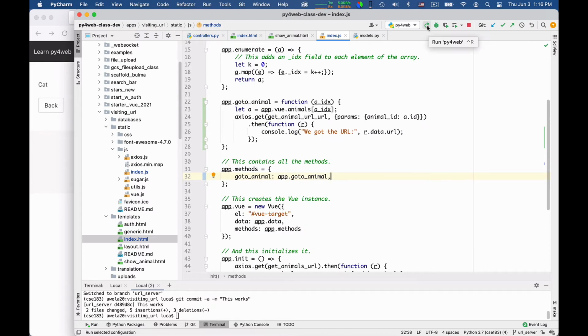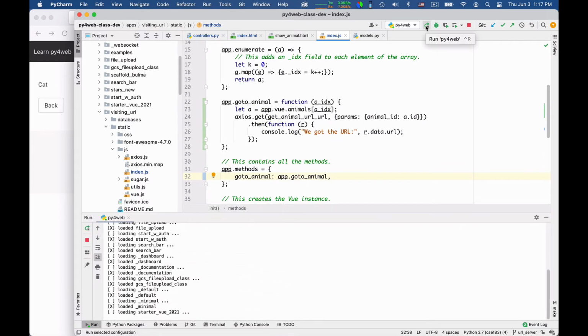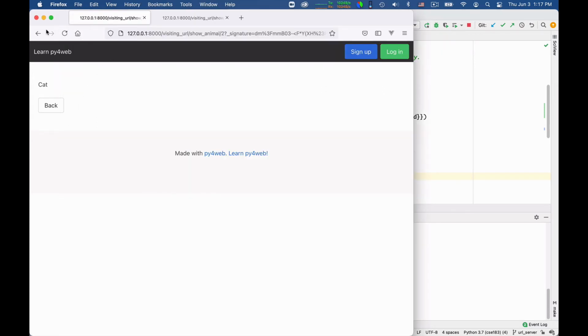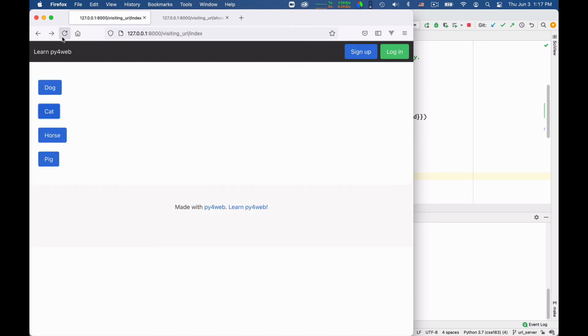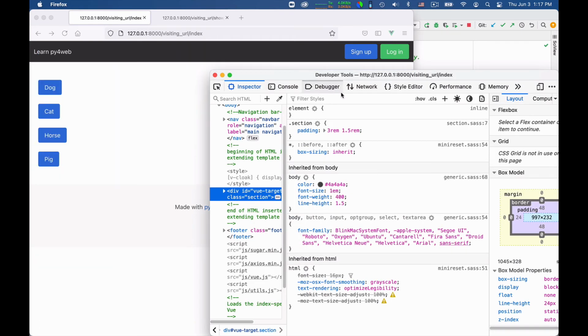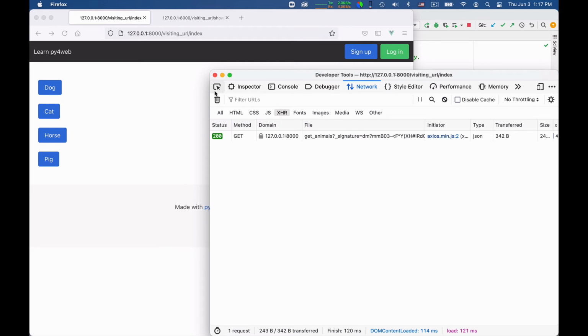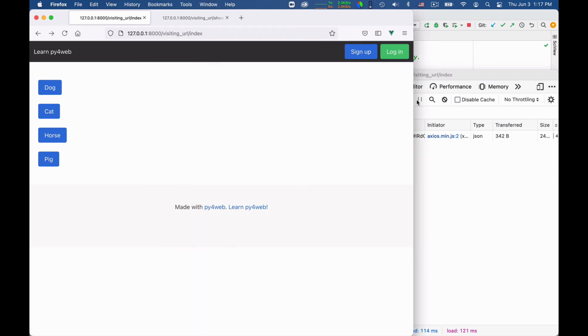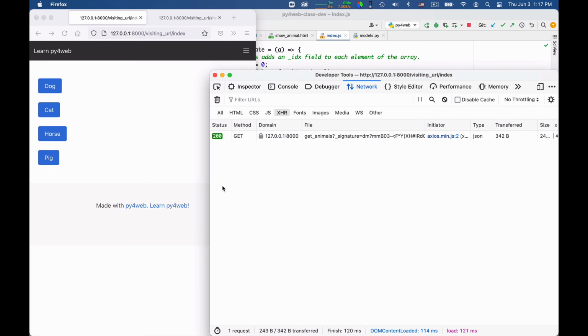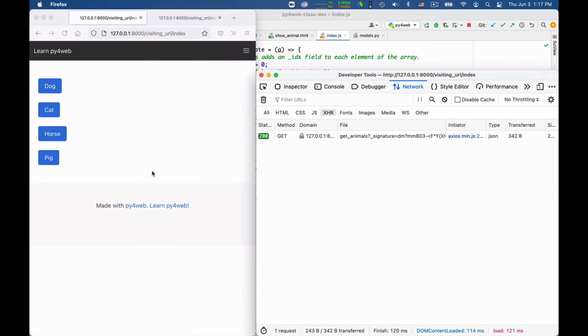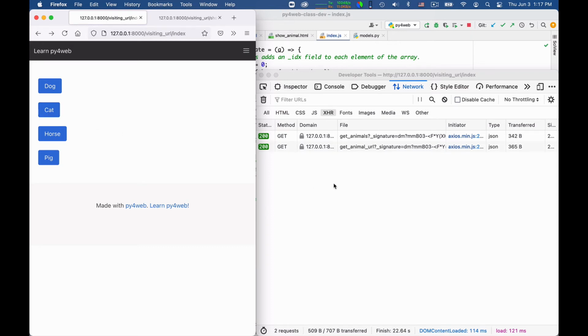So let me test this code. We restart. Okay, we reload the index page, I guess. So we go back and we reload. And then we can look at the inspection, so we can check that actually the network calls are being performed and the reply arrives back to us. Let me shrink a bit this window so we can keep an eye on both. Okay, and so now when I click on a cat, I should see a server call to fetch the cat URL, and I see it in fact.